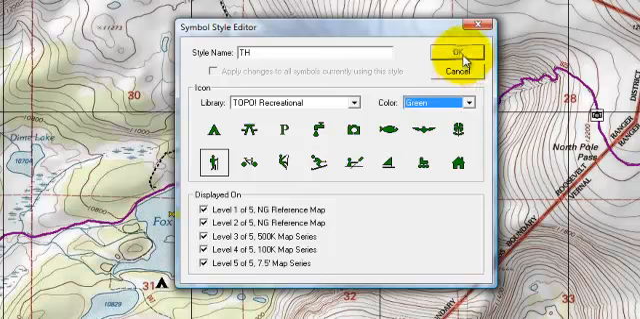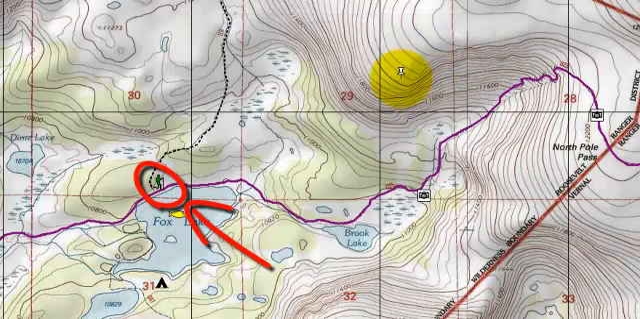This is a very cool feature that I love. I love adding symbols to my map. It makes it feel like my map. Okay,